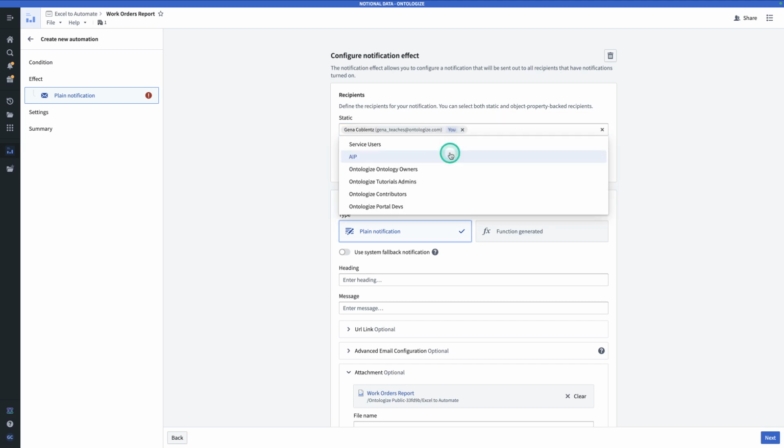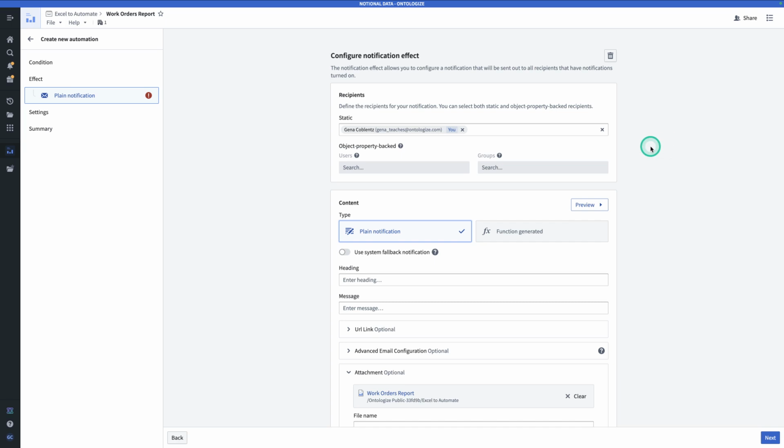So I'll select my user, but you might want to select a colleague for this. Note also that in certain cases, you can pull your recipients from an object property. So now we're going to configure the content of the message. And so in this case, we're going to use a plain notification, but note that these can also be function